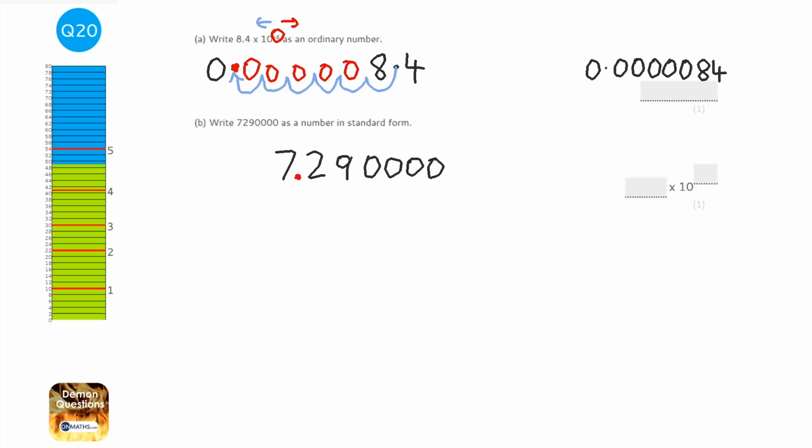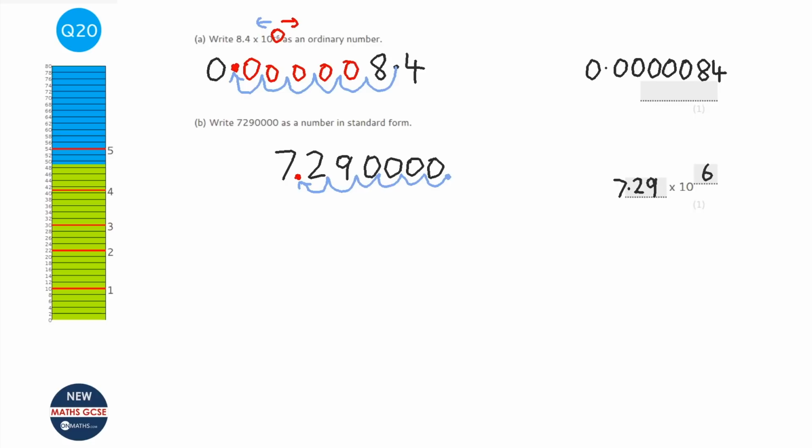Then you count how many times you had to move the decimal point to get it there. So the decimal point started at the end of the number, and we had to move it 1, 2, 3, 4, 5, 6. Okay, so the rule is that the number has to be between 1 and 10, which this one is. Now, if you had a big number, then the power of 10 will be positive. Now here we did have a big number, so it's going to be positive 6. On the previous one, we had a small number,